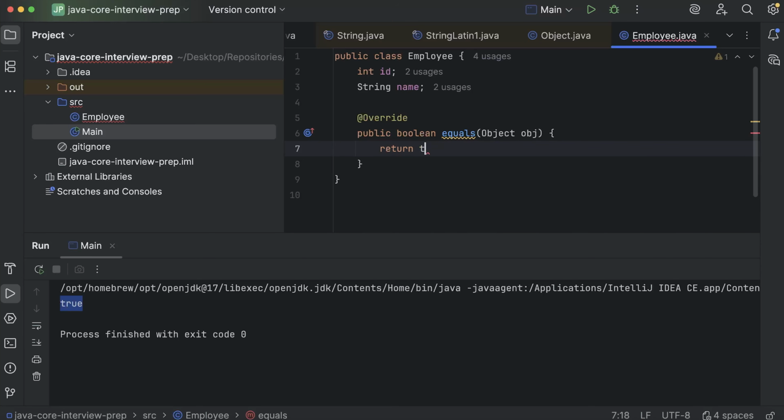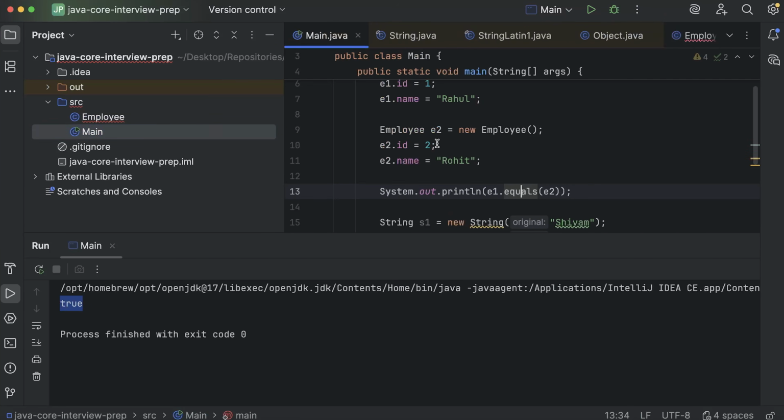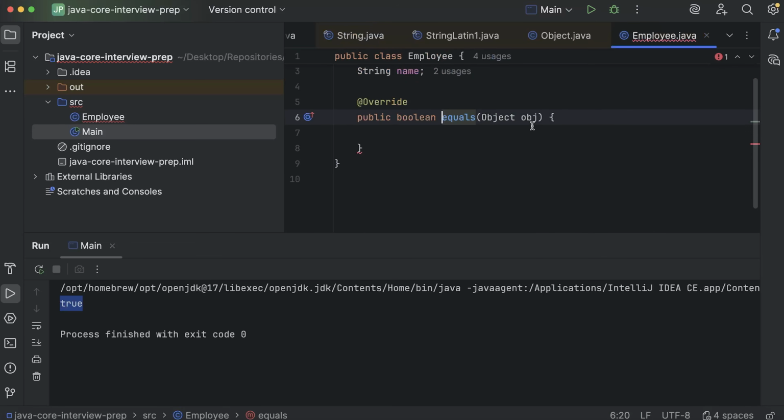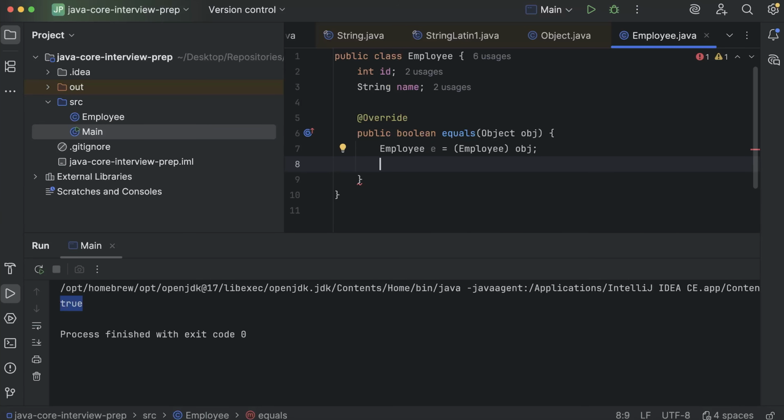Let's say my logic is, first, I have this object here in the parenthesis. What actually is this? When we are calling it like e1.equals(e2), this e2 will come here in the form of an object. So first I need to typecast it. Let's say Employee e will be something like this. So I've taken an Employee e, and I'll compare